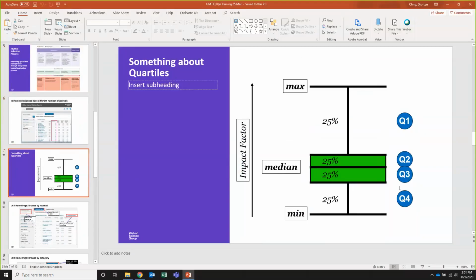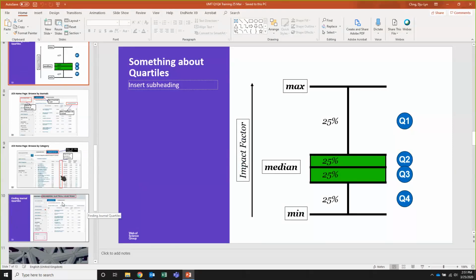Okay, so the next question is, is the quartile in JCR the same level as in Scopus? I think I've just addressed that question. I hope that answer is clear to everyone. Okay. Any other questions from the audience? Because today's session is very fast. It's purely just to help you to identify your Q1 and your Q1 to Q4 journals very quickly